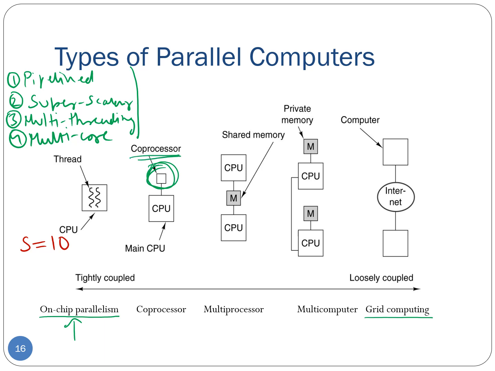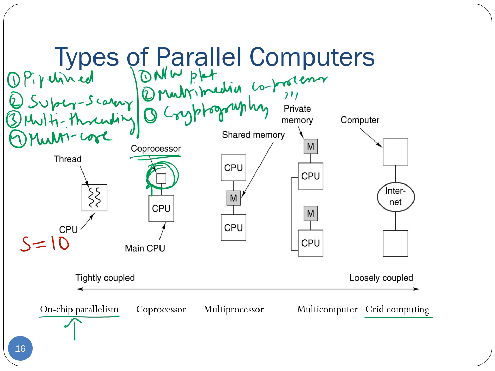For instance, if you have a cryptography coprocessor, it would be highly optimized for doing cryptography kind of mathematics or tasks. The way this works is, whenever the main CPU receives an operation that is related to cryptography, the CPU will simply offload it to the cryptography coprocessor, and the main CPU can do something else in the meantime in parallel. So these coprocessors, for specialized applications, can give us an additional performance improvement by a factor of 5